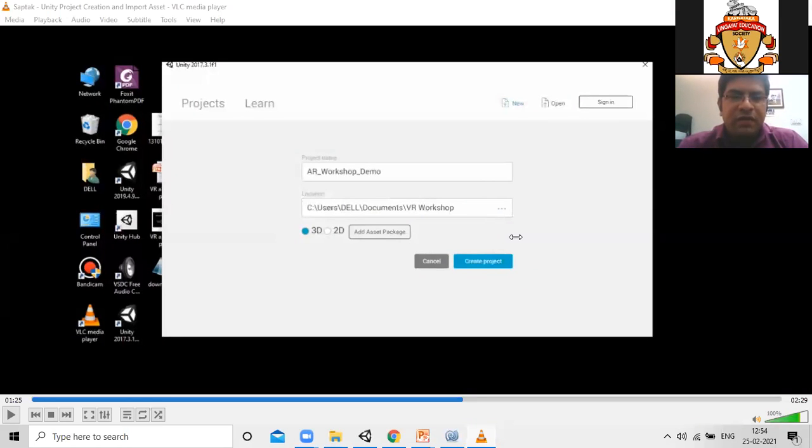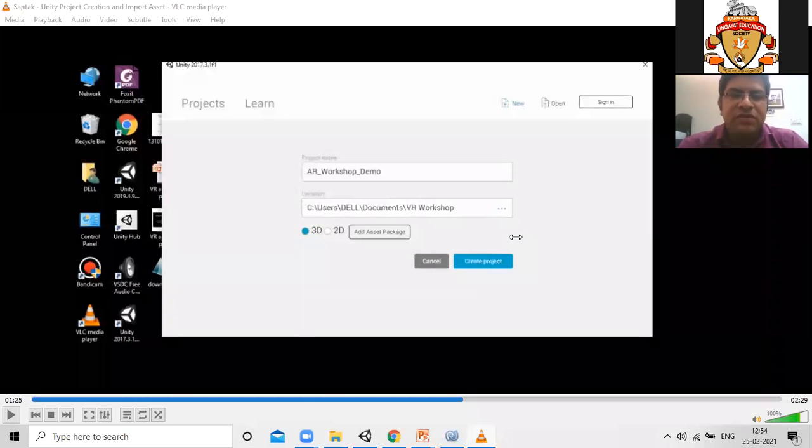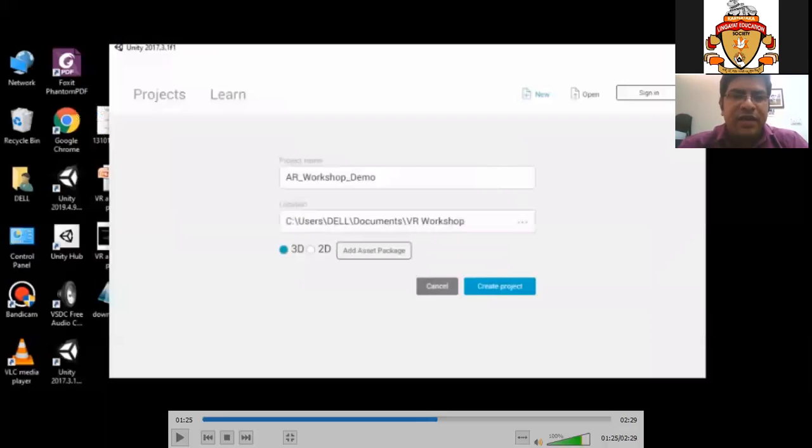Maybe for a particular reason it is saying unable to install. You can use the 2017 version. You can try to use it. Maybe for a particular problem in the computer, it is saying that.